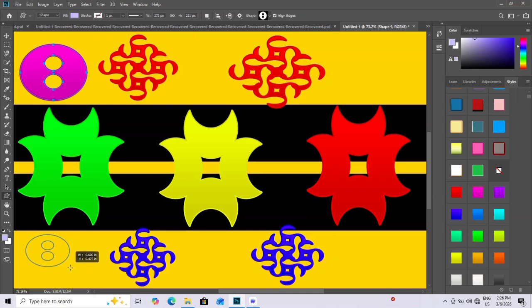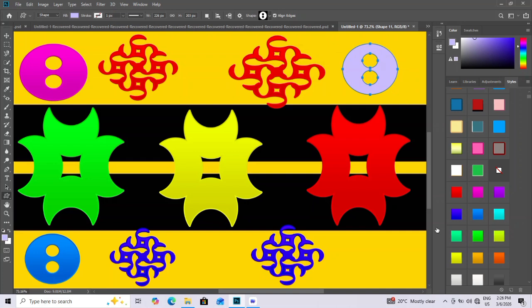Now add a second element, such as buildings, rocks, or trees, and place it somewhere in the scene. Before adjusting anything else, decide where the main light source will come from. Create